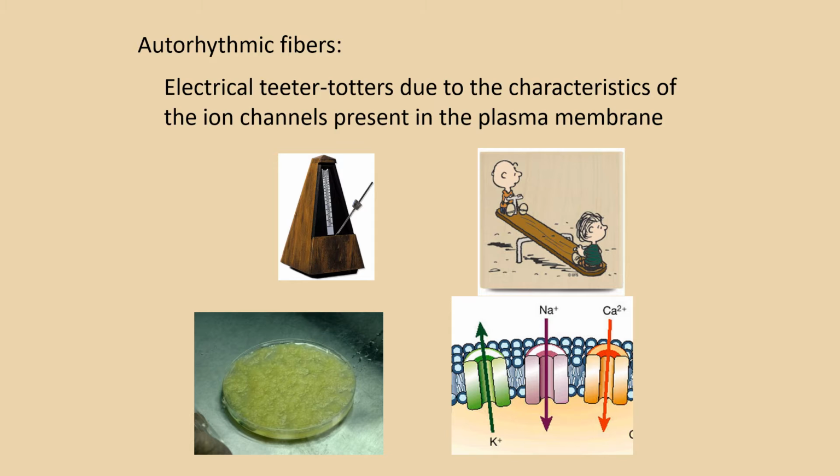So these autorhythmic fibers, their electrophysiology is actually really cool. We're not going to study it in detail like we studied the electrophysiology of neurons. Autorhythmic fibers have their own electrophysiology, we're not going to study it, but in some later class you might, and you'll be well equipped for that. The way these cells are able to self-excite is because they have no stable resting membrane potential. They have a set of voltage-gated ion channels in their membranes that allow their membrane potential to automatically